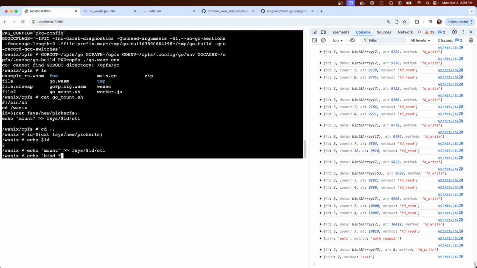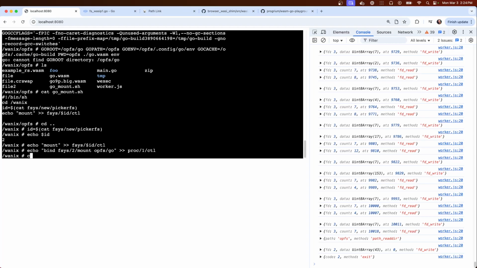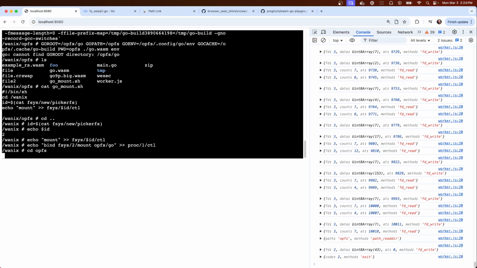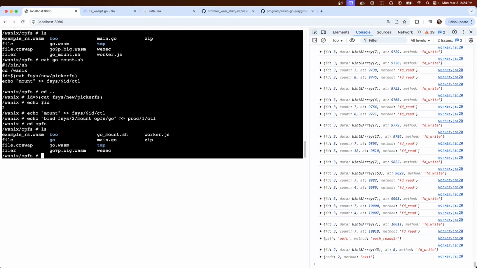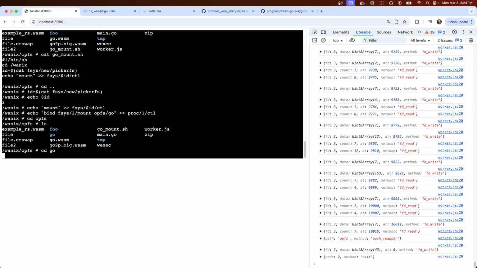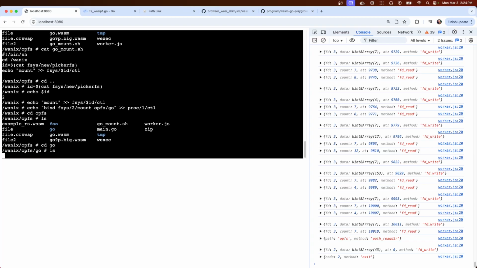So we want to mount at OPFS go. All right, so now in OPFS, we have a Go directory, which is a directory on my host computer that we picked.